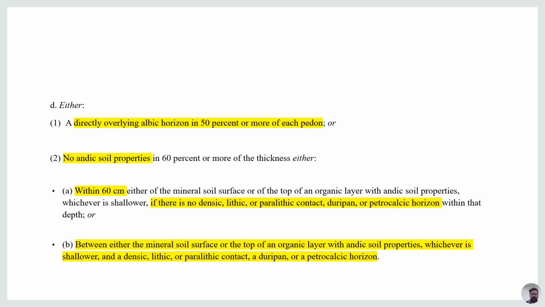They could not present andic soil properties and they express illuviation, podzolization, migration of organic matter. Okay. On the other hand, the histosols possess a huge amount of organic matter that could be related to flooded or non-flooded conditions. Okay,